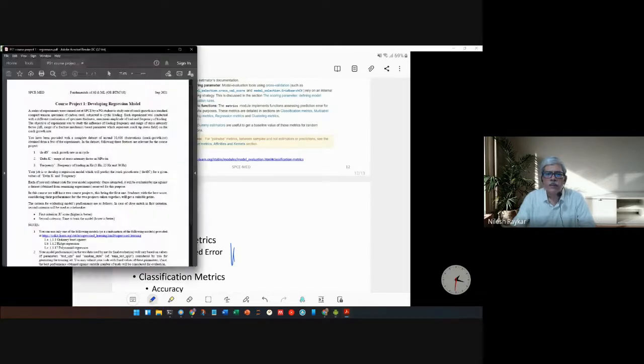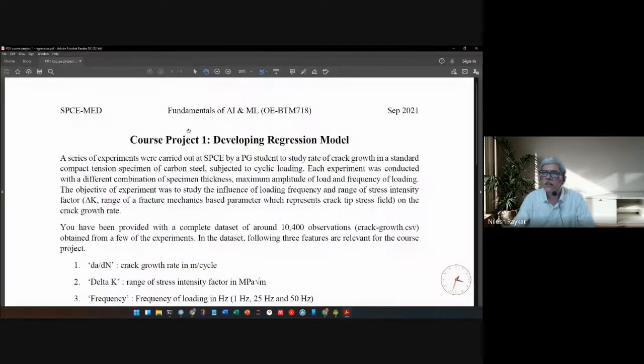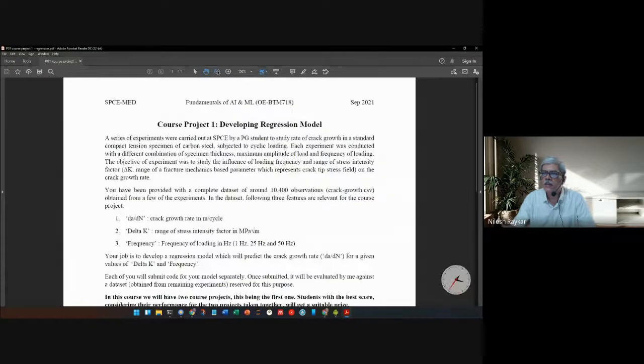Briefly, I will just explain what this project is. This is an interesting project in the sense it relates to some real life engineering information. One of our MTech students had done some experiments related to fatigue crack growth. That may be more relatable to civil and mechanical engineers, electrical may not be that relatable. But in terms of machine learning experience, it is the same, or parallel. When the crack grows, there are some theoretical models which can predict at what rate the crack will grow when the loading is fluctuating.